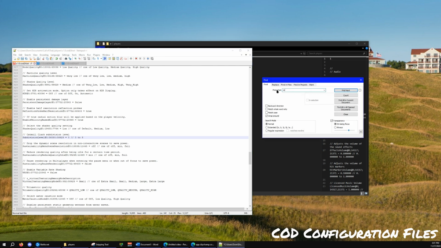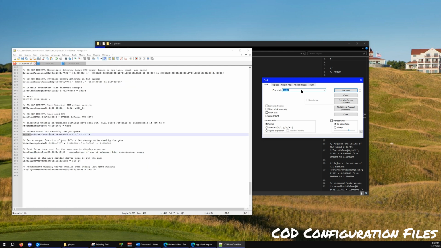Then the last one that we're going to change in here is render worker count. You can just search render. It should be the first one that shows up, I think. Nope, I lied. Render worker. Nope, wait, how do I find this? Okay, so I had to hit find next about 3 times to get to render. Oh, I'm sorry, it's renderer, R-E-N-D-E-R-E-R. So if you search for renderer,